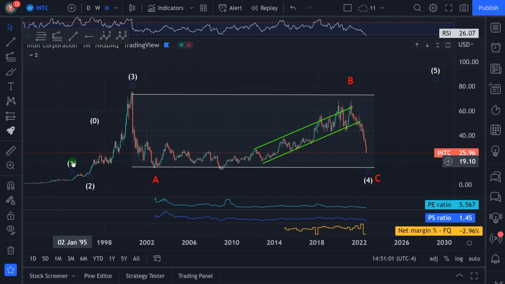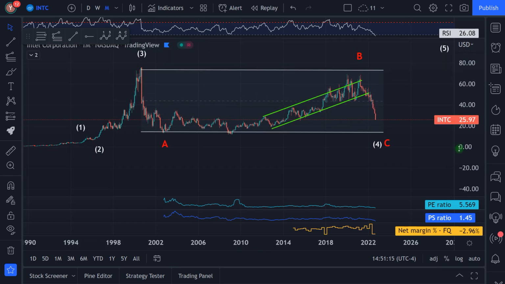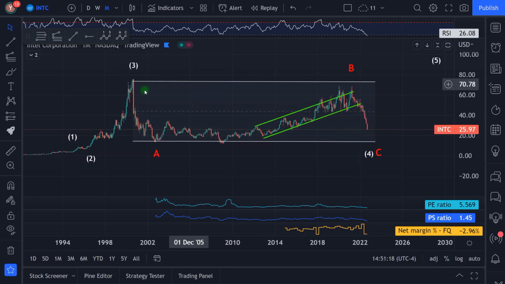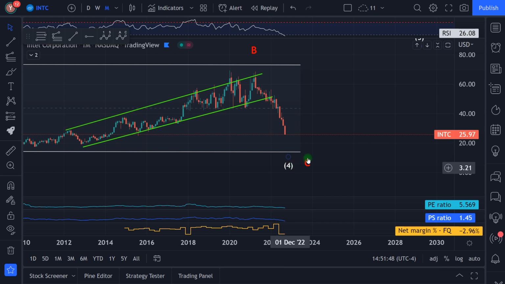Let's check since 2095. We can see that in my mind, from the Elliott wave theory point of view, it was the first wave, and then a small correction was the second, then the third one, and now in my mind we are in a correctional wave 4. Here in my mind we're most probably going to have an ABC move. Here it was the wave A, then B, and now as I see it's going to be the final sub